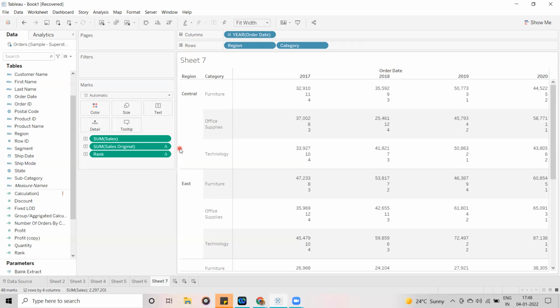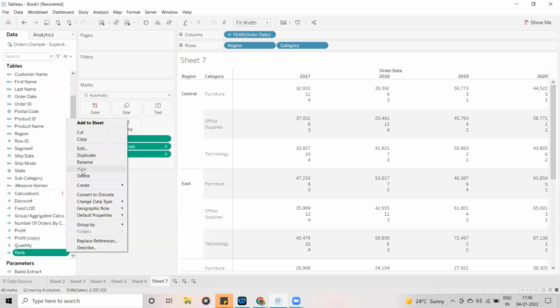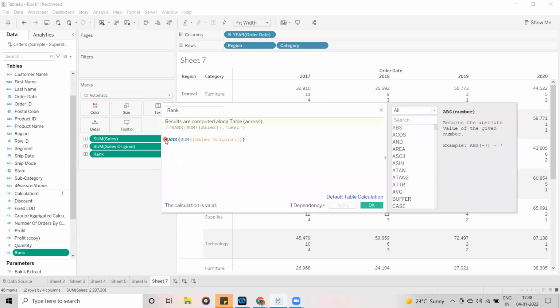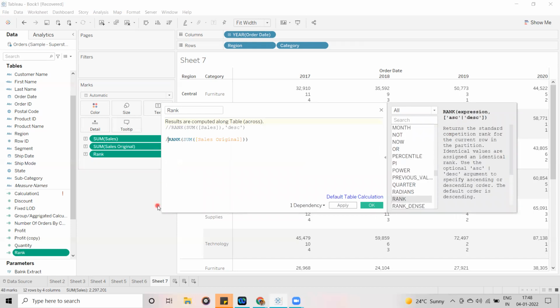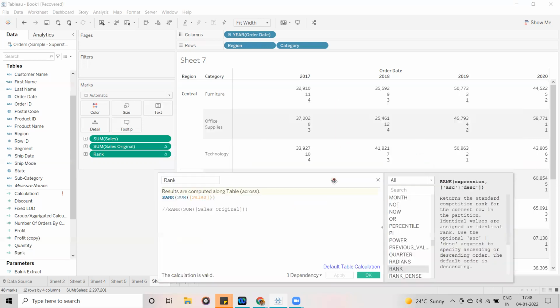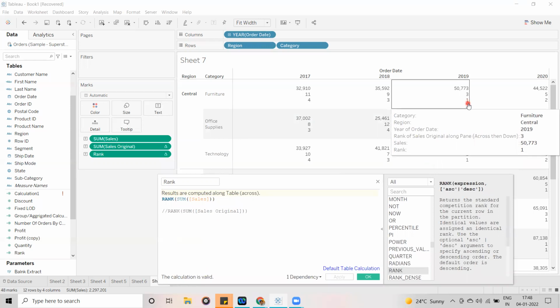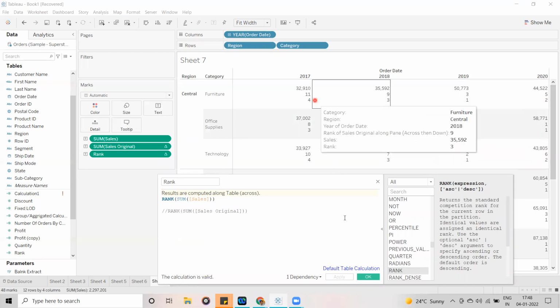That's why here we didn't mention it. In this calculation we can also remove that one and just mention the rank sum of sales. In this case also the values are not going to change. Now you can see it still has rank 1, rank 2, rank 3, rank 4.